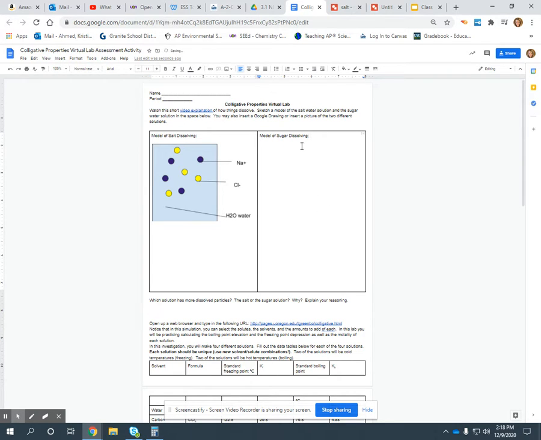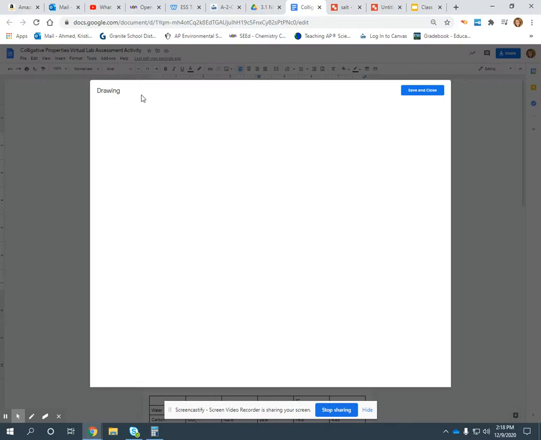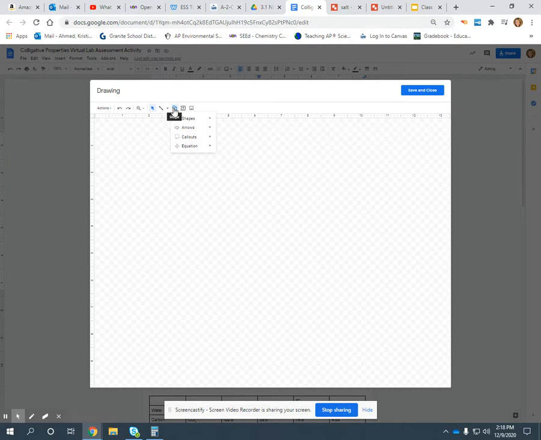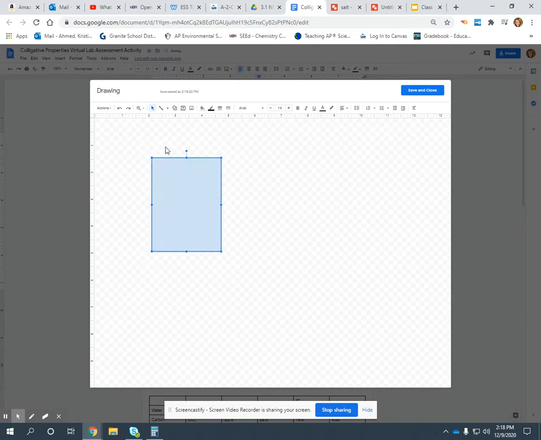Again, I'm going to click on the space that I want to insert the drawing. Click Insert, Drawing, New. And again, I can do the same sort of thing. I can create a shape that represents my beaker containing the water. Now, sugar is going to be a little bit different, because instead of having lots of little circles, you guys saw in the video how sugar